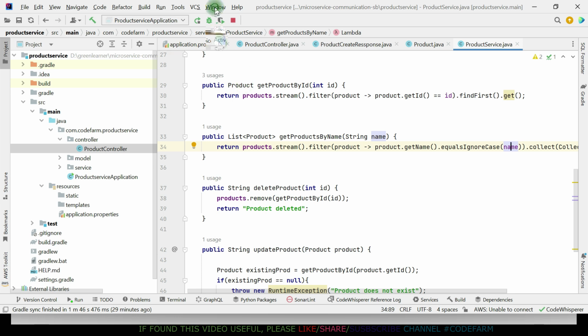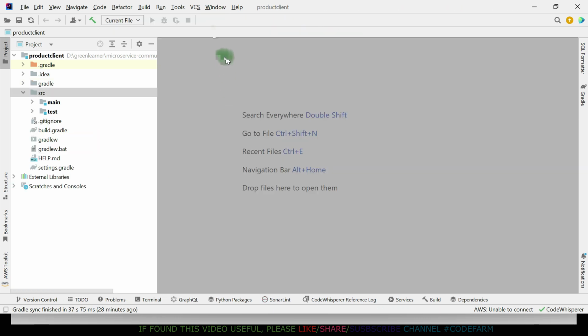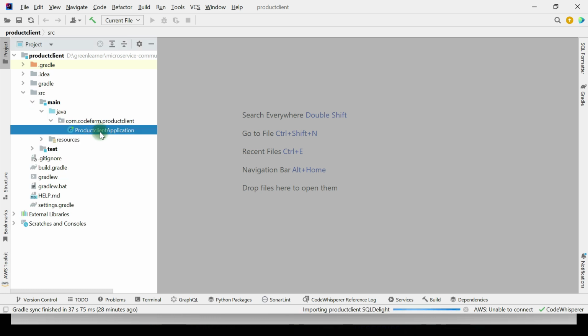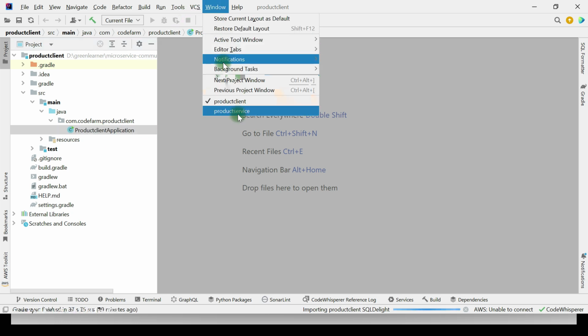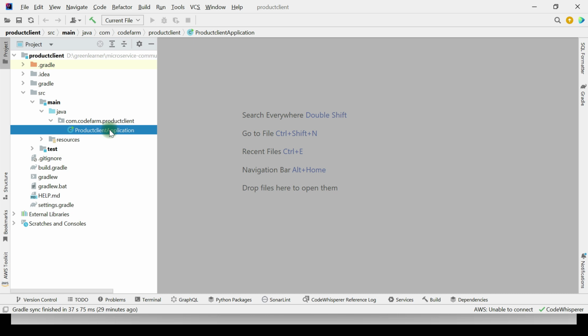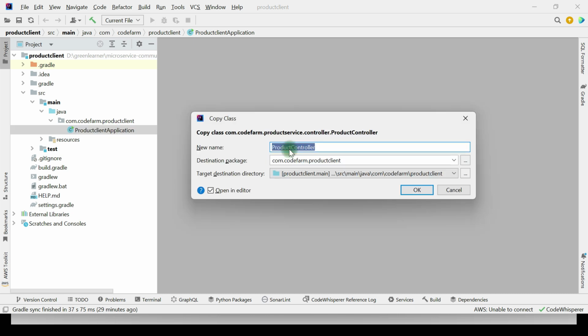Now we have this product client service. On the controller side I need to have a similar controller endpoint, but just the name of that endpoint changed, that URL is changed. So I can reuse the things that are already here. What I will do is copy this product controller here, come to client, and save it here. I will name it